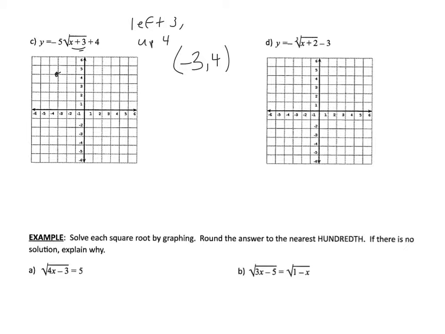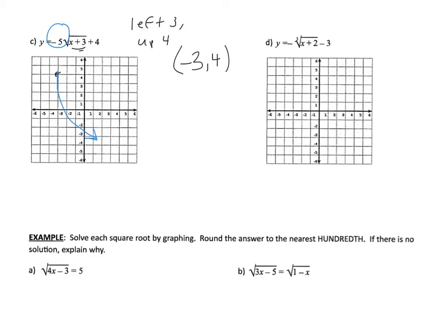And here I'm opening down by a factor of 5. So I'm opening down by a factor of 5. So it's going to be really steep and going down. I know that was a rough sketch,